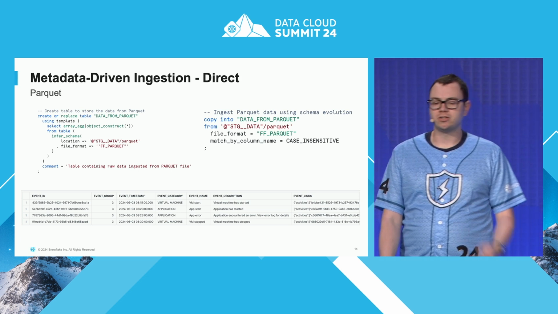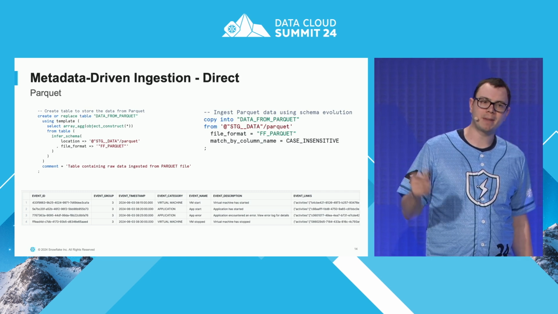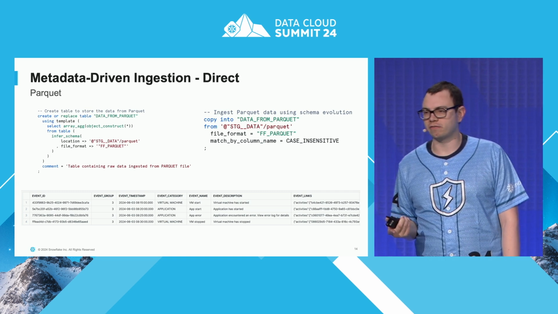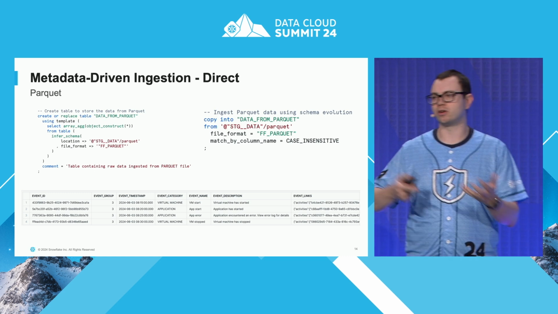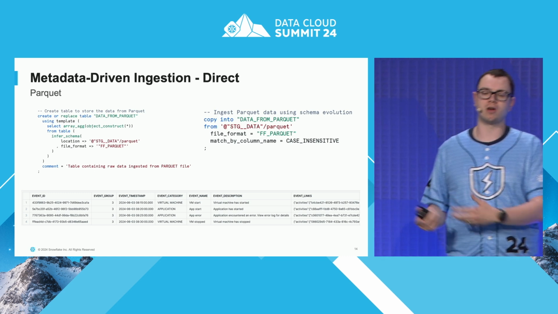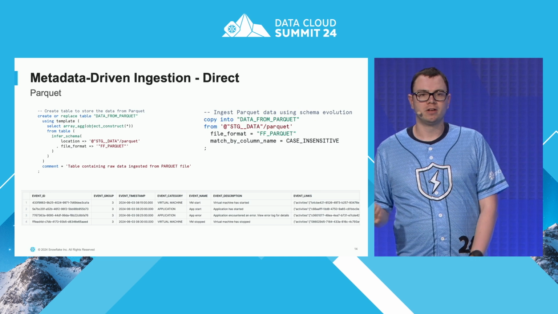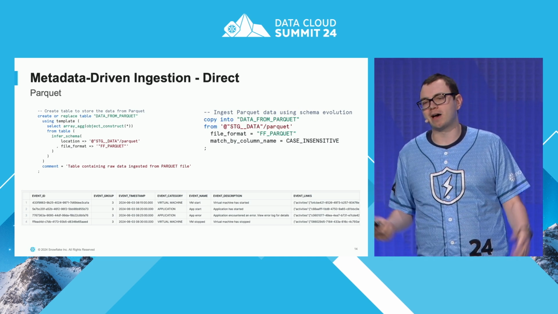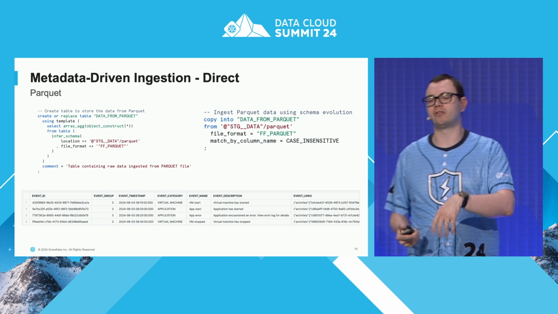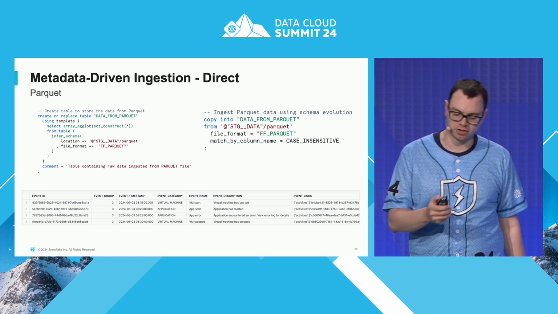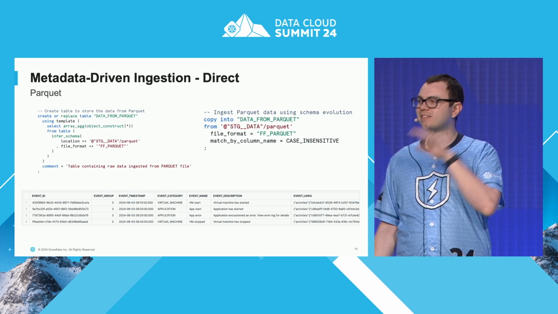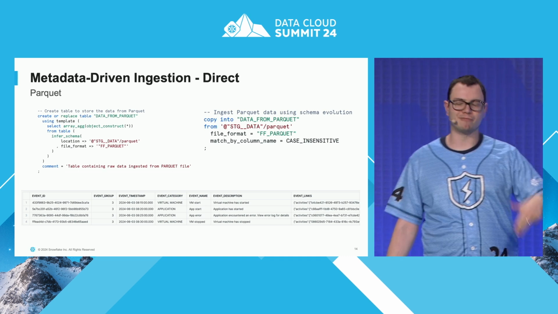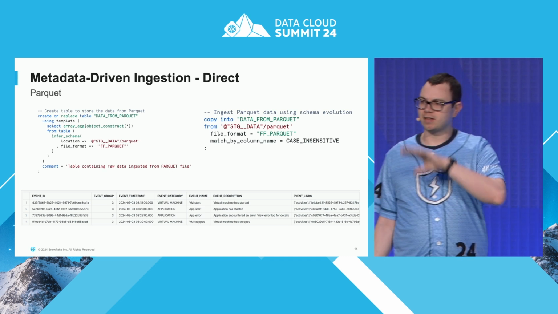When we then go ahead and do this copy into, we have a match by column name option. And this is just what tells Snowflake that, yeah, pay attention to the fields, to the metadata of the file, and ingest it appropriately. That way, if you have something like a CSV where your fields are in a different order, it doesn't matter, and Snowflake can identify it by field name and ingest it in. And this is exactly the same, just to reiterate, whether you're doing it for CSV, JSON, Parquet, Avro, ORC, like they all have the exact same structure.